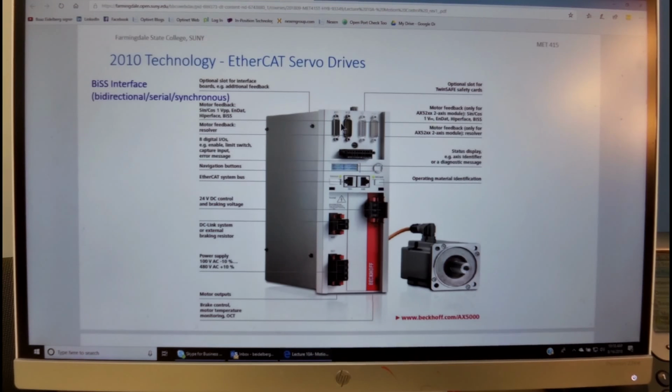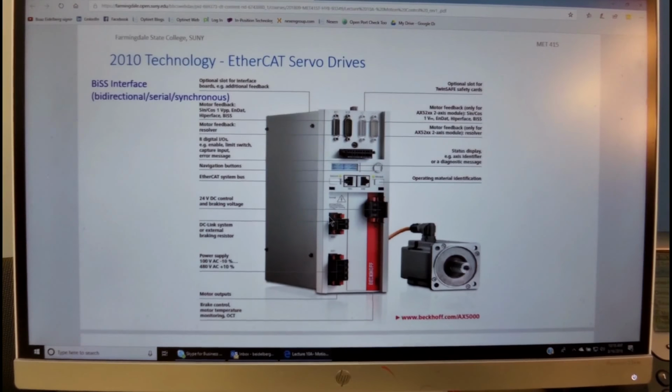And what we see here are the various links to different types of feedback devices. Motor feedback could be analog or digital. We see over here different terminals for I/O. We have here the communication to the EtherCAT bus.